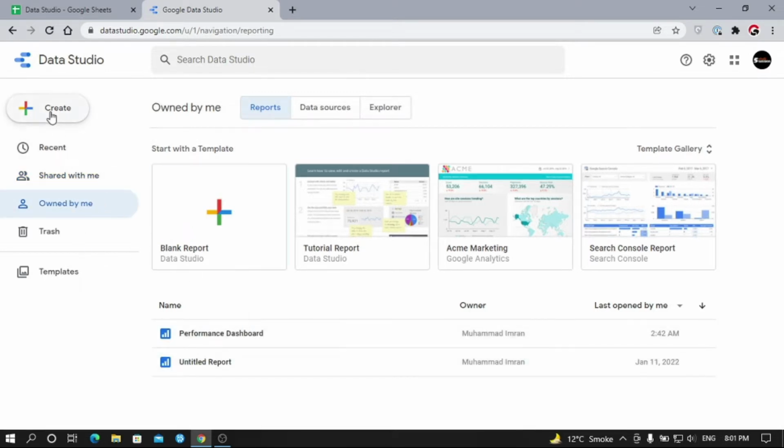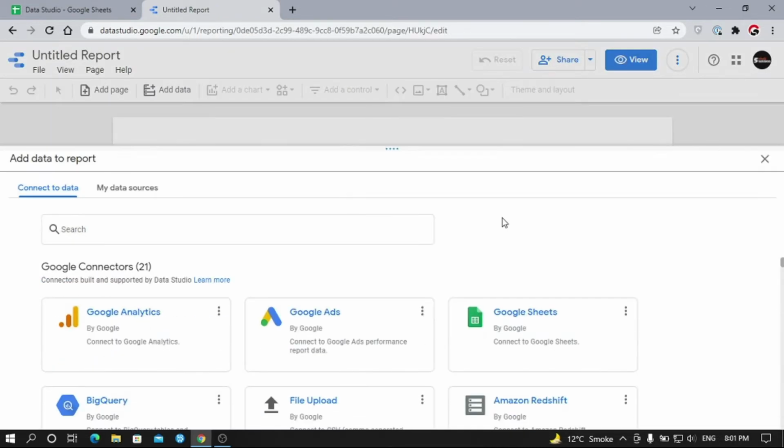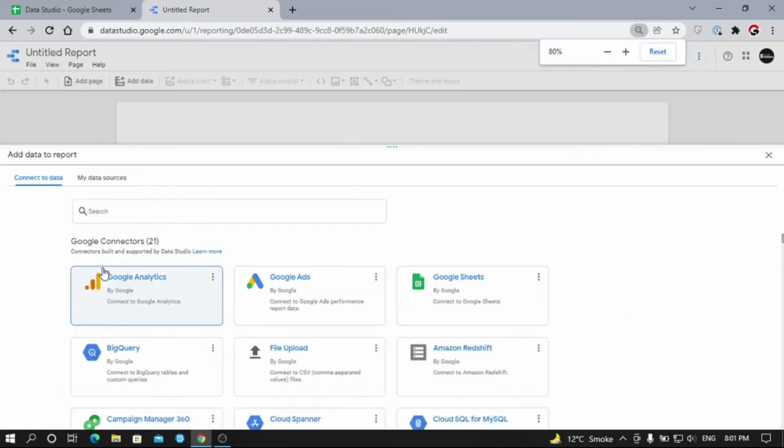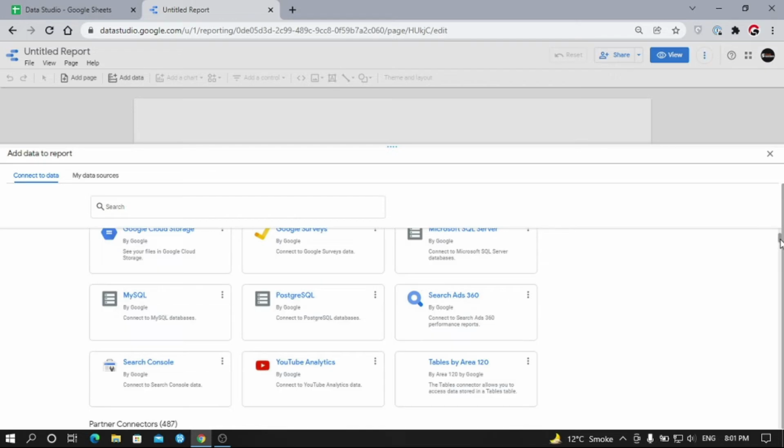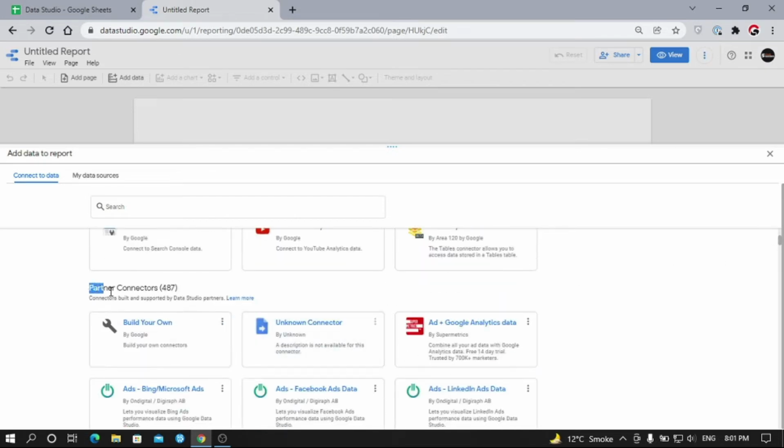Here in my case, I want to build the dashboard from scratch, so click this Create button and then select Report. So this will be your first interface of a Data Studio report. To connect data in Data Studio, you have multiple options. A few of them are given by Google itself to connect Data Studio with other Google products like Google Ads, Google Sheets, BigQuery, SQL, by uploading a CSV file, and many more. Also, you can use third-party connectors according to your requirement.